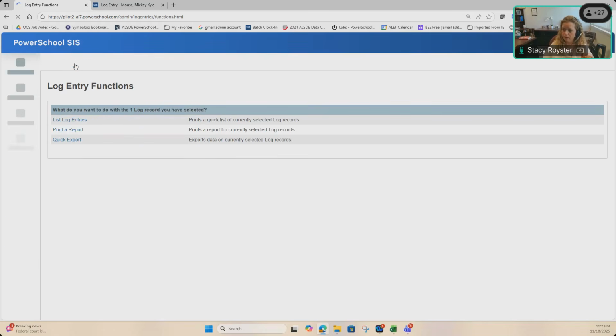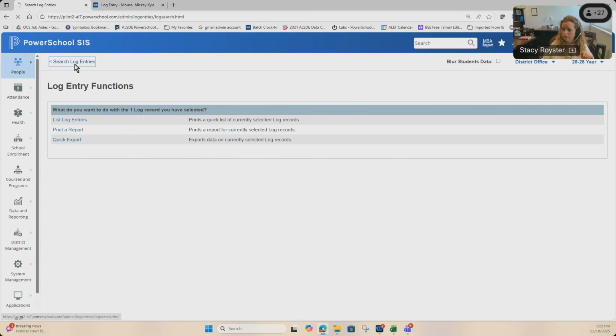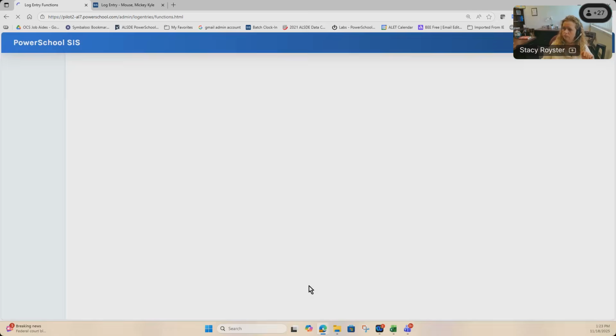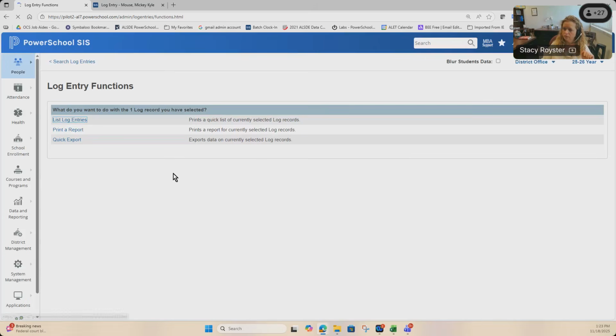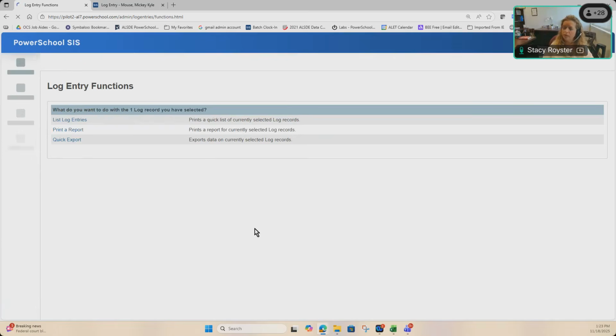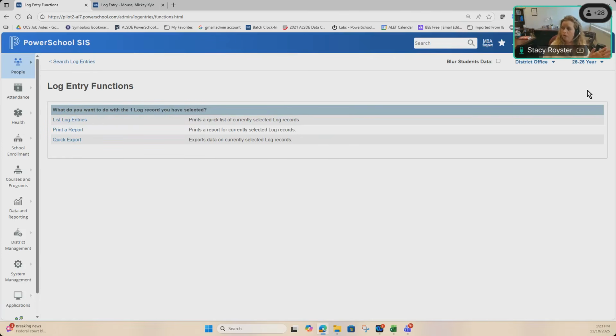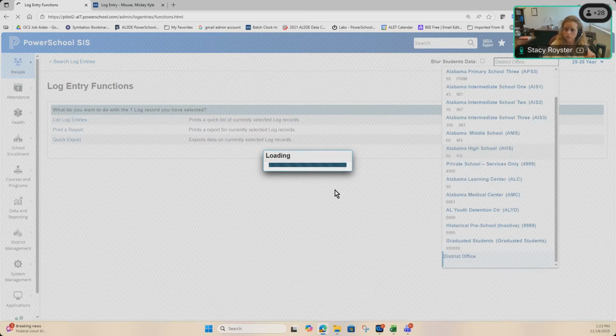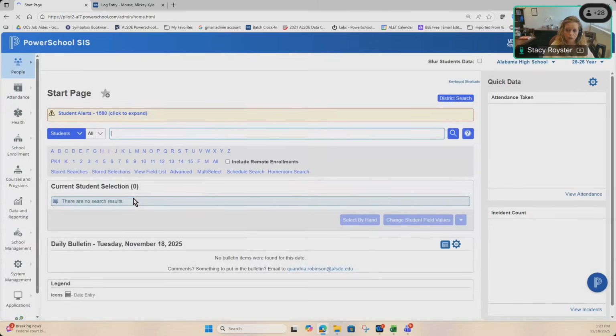Like, let me go back and choose one that I know has some, like transcript request, submit, but I want it to say, oh, I must have done all these. Yep, I did them all from district office. Anyway, you're most of the time going to get 0. You have to run them from the school. So if I swap to the school view, then it's going to show me all of them that have been entered at that school. So if you run it from district office, you're only going to see the ones that were run at district office,